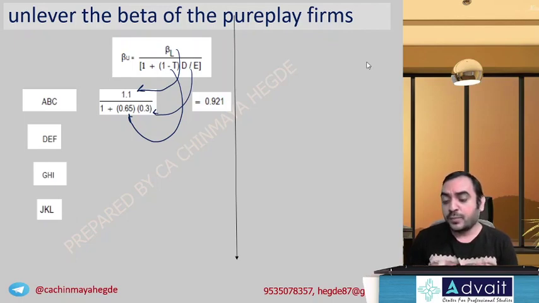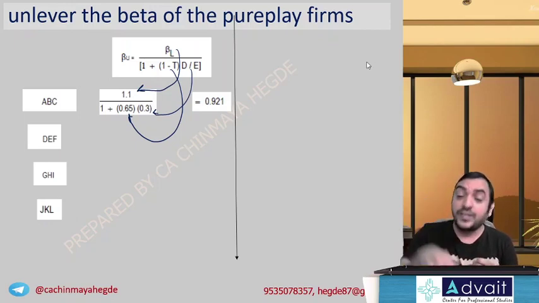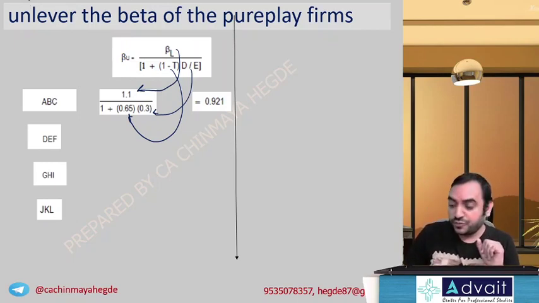Why are we applying 1 minus t for the entire debt? Because this is the value of debt. I know you are thinking interest is only for 1 year, but we are not taking the value of debt only for 1 year. We are taking the value of interest, and the value of the tax benefit will ultimately come to the value on the debt itself. Let me give an example.